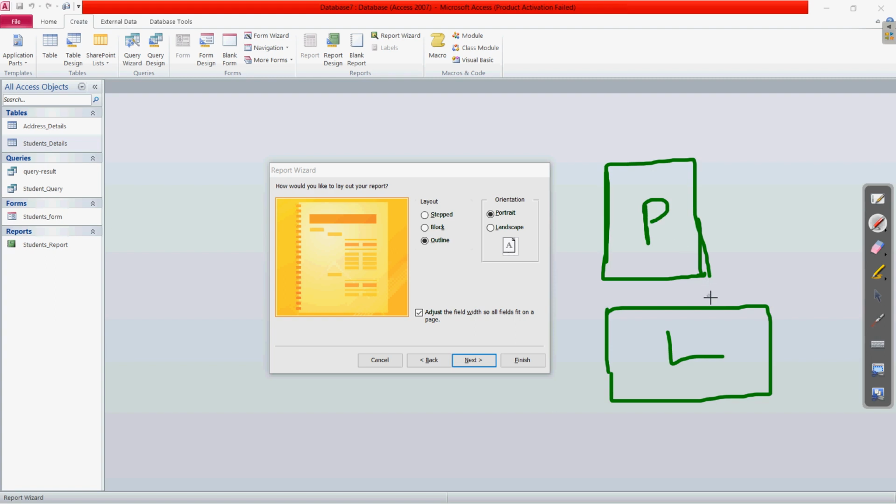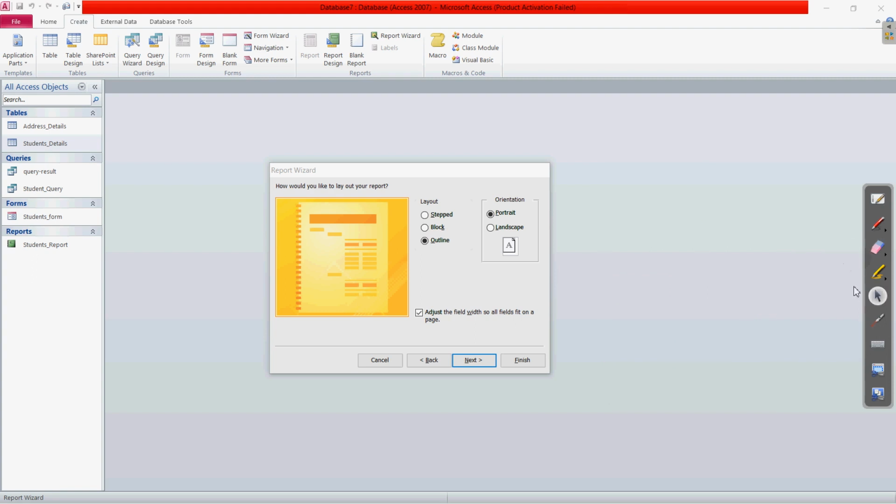It depends on your data whether it is better represented in portrait or landscape. Clear? So these are the two orientations for your report which you can select.